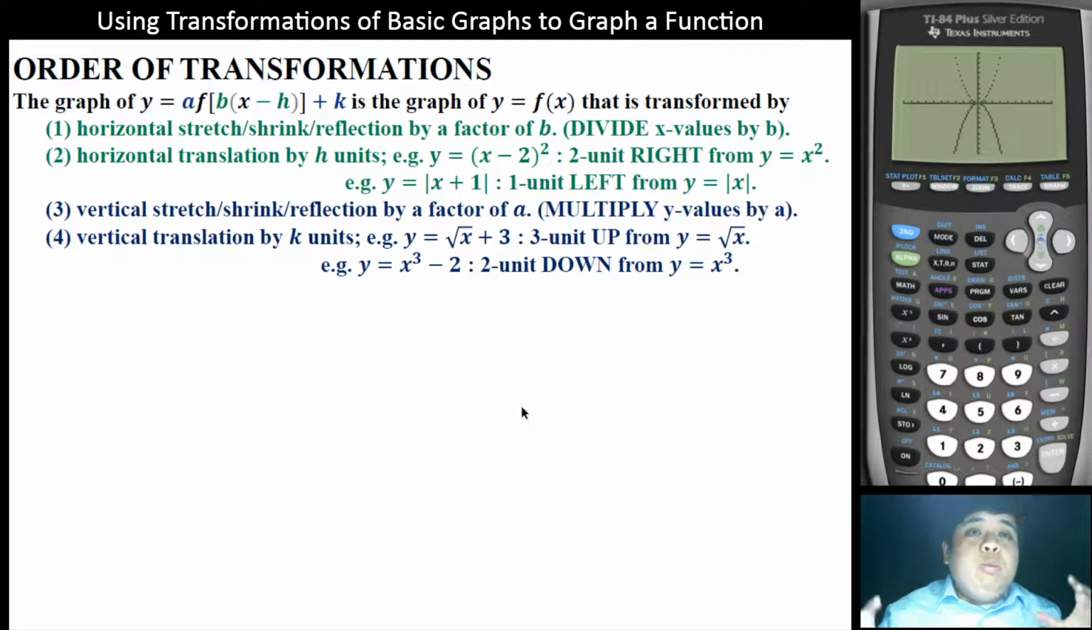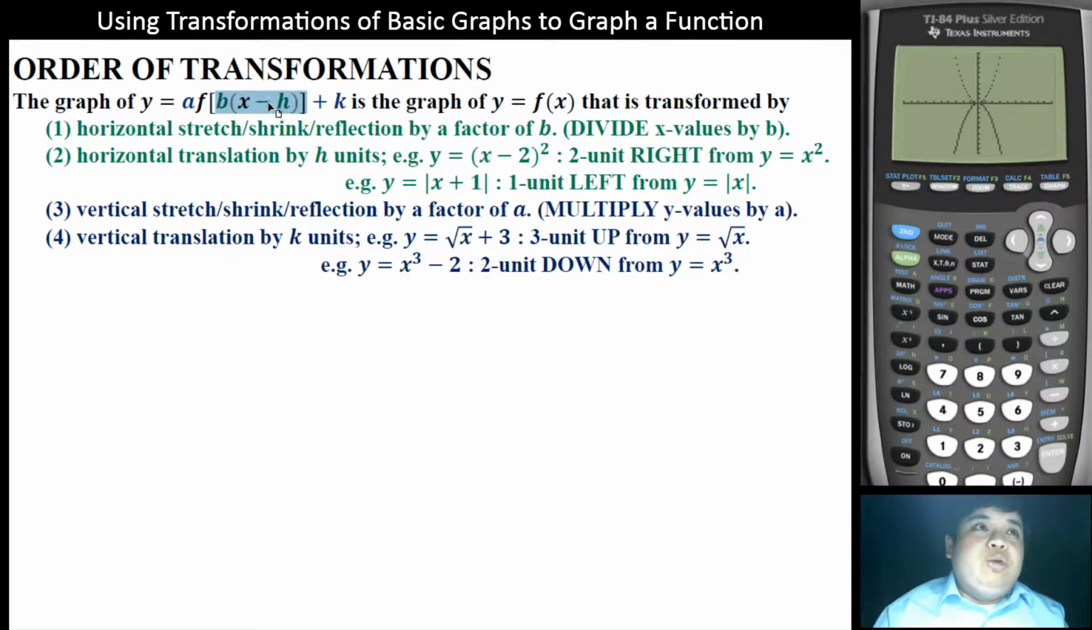And finally, when we put all of those transformations together, we have this order of transformation. Just like order of operations, we do inside and then outside, multiply, divide, and then add or subtract. We will do inside first, the part that is inside of the function. We'll do multiply first and then subtract,